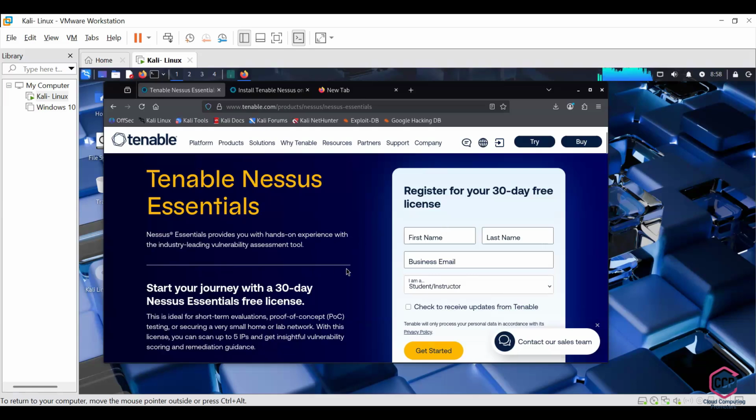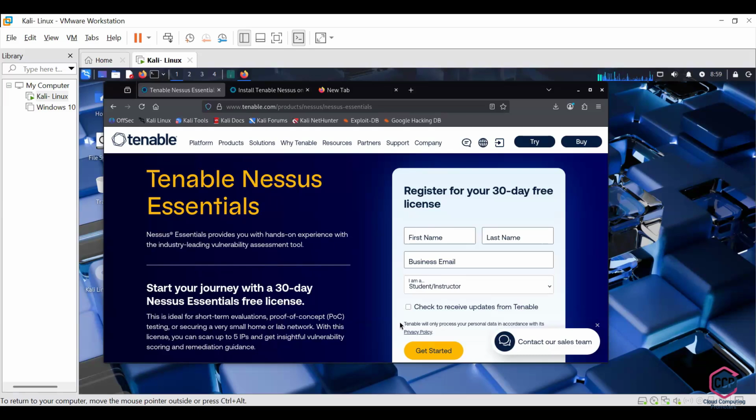Any email ID works; it is not required to be a business one. Write your first name and last name over there, and click get started. Then you will be getting an activation code. After that, the manual which I have sent has some commands you need to write, and you need to launch it.